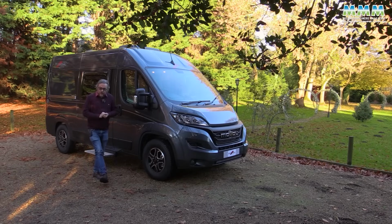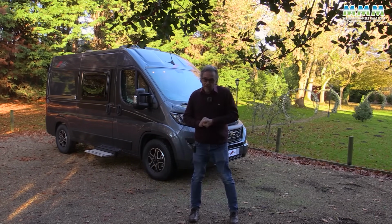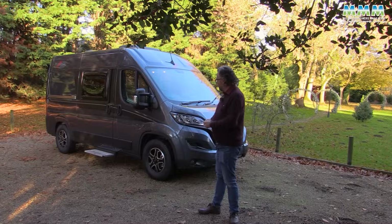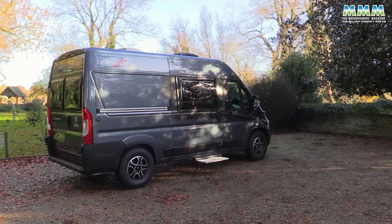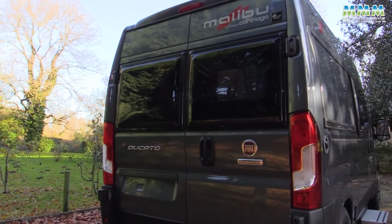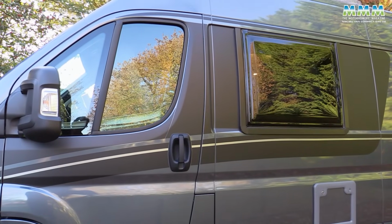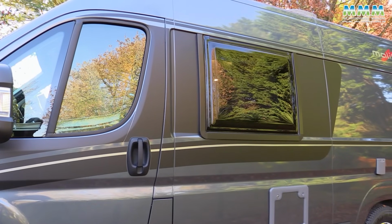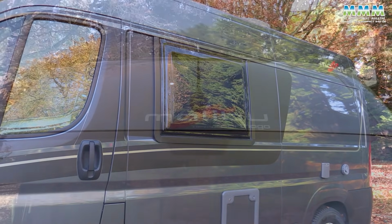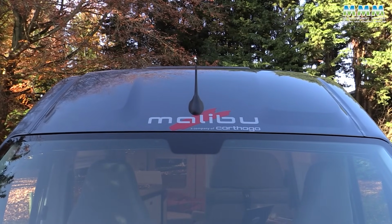So here it is, the baby of the Malibu van range. And Malibu, of course, part of Cartago. But whereas you associate Cartago with big A-class motorhomes, Malibu, of course, although they also build low profiles and A-classes, best known perhaps for their van range. And perhaps that's because Cartago's very first Malibu campervan dates back to 1979. The Fiat-based range, the Malibu van range that we know today, came into existence in 2013, and now numbers